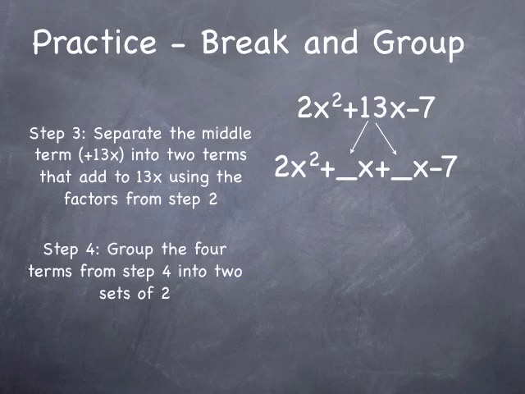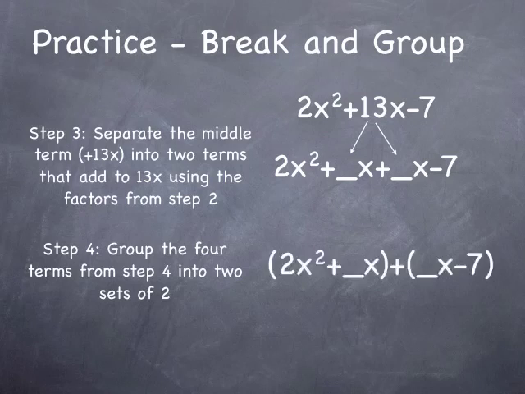Then we're going to group the terms in the step above into two sets of 2. We're inserting parentheses here, and the numbers that you inserted in the blanks above will carry through. So what you should have is 14 and negative 1. Those are the factors of negative 14 that add up to positive 13, and they carry through